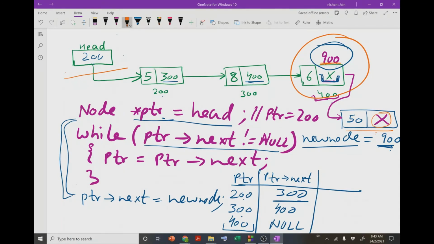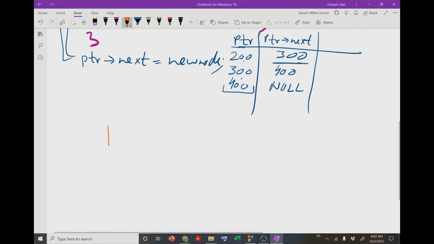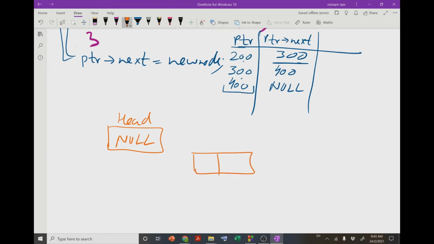Because we have not updated the value of head, there is no requirement. But now consider a case in which our head is null, meaning our linked list is empty. And if our linked list is empty, and we are running a program to insert a node at the end, then for this particular type, our node which we are going to create,